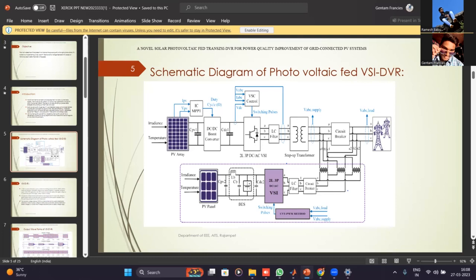When a voltage disturbance occurs on the supply side, the energy stored in the DVR provides the required energy. The energy storage can be a DC link capacitor or a battery. Here we are using a battery energy storage system. The capacitor storage is smaller than the BESS, which is why BESS is widely used. In this work, we have integrated the PV panel and BESS for TransZSI.